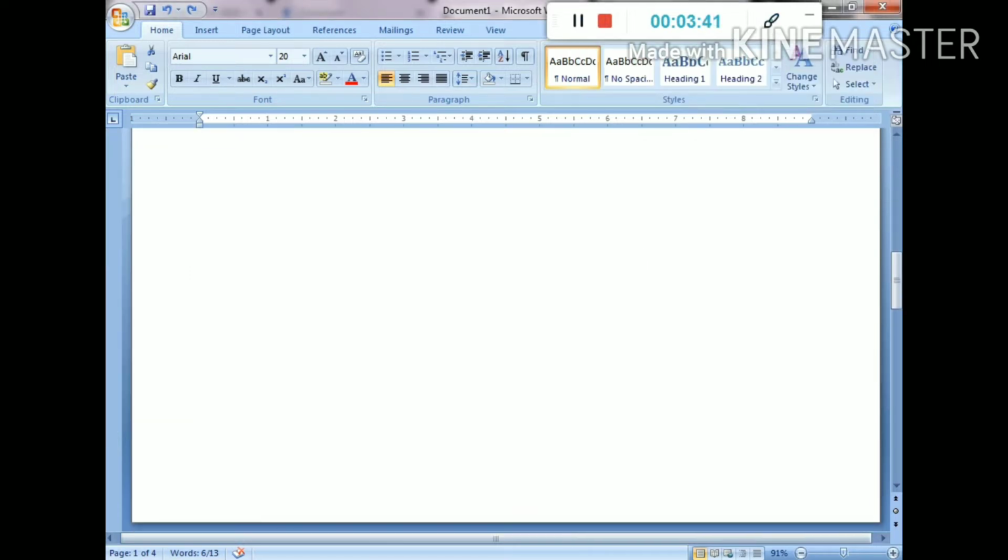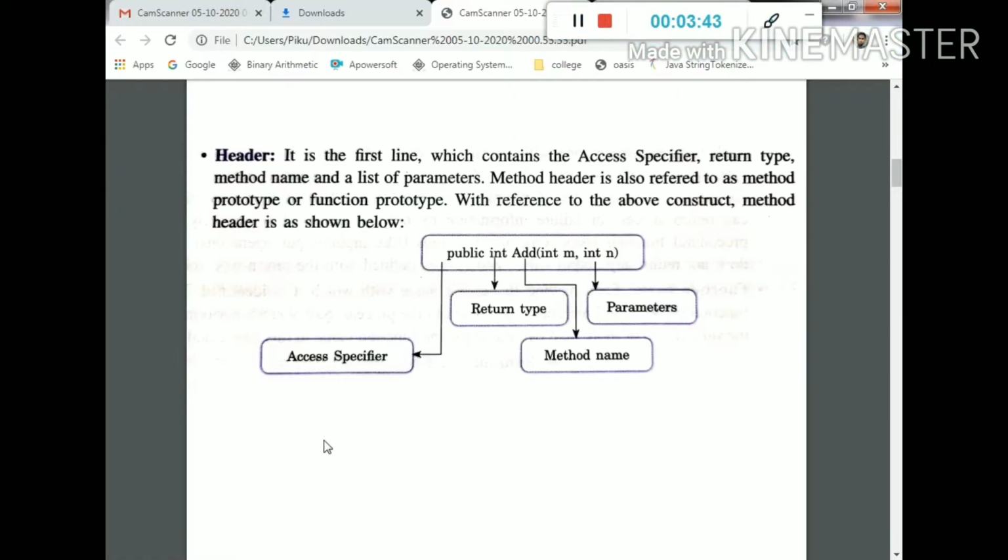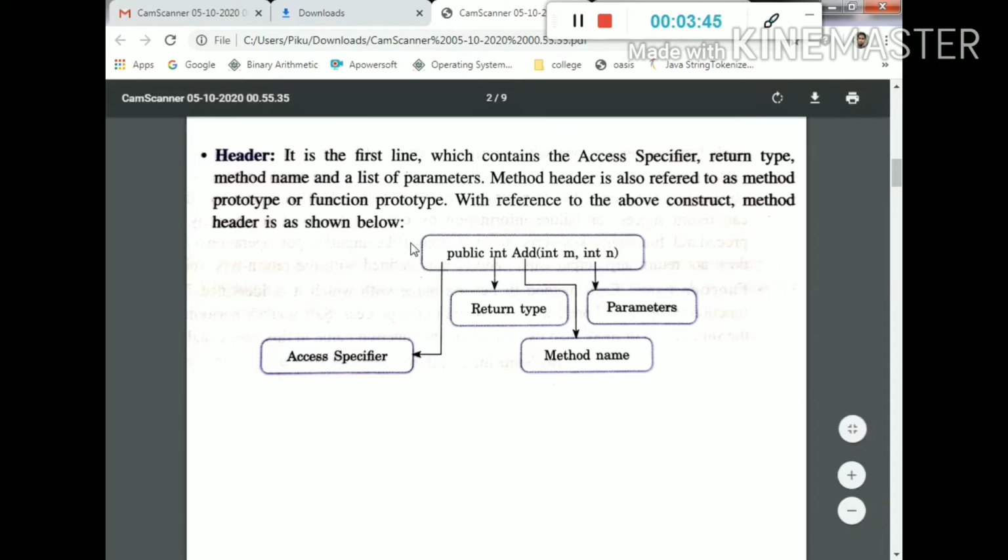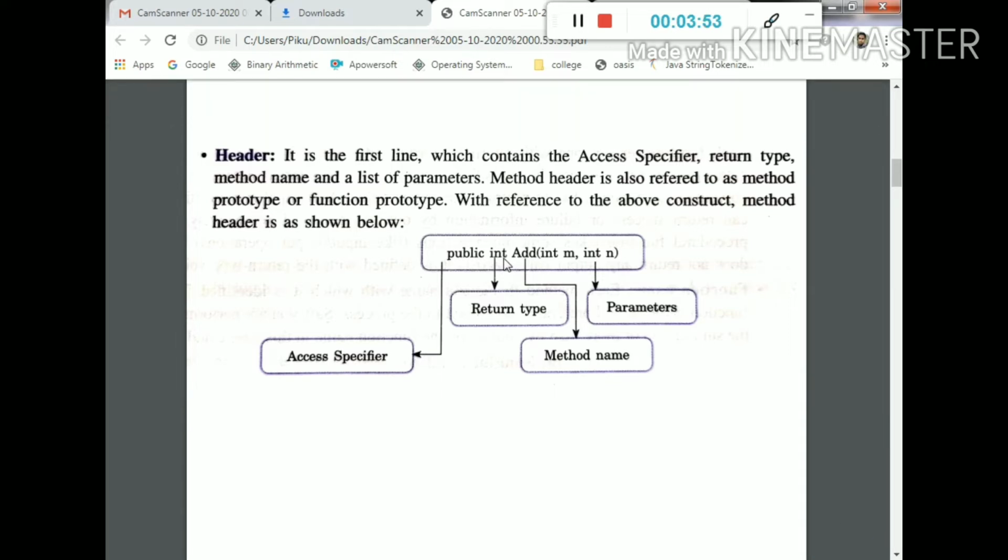And the second thing about the function header. Return type here is int, which means the function returns an integer value. Every function must return a value, but here int is used to return an integer type. Mostly we use void when we don't need any return value.